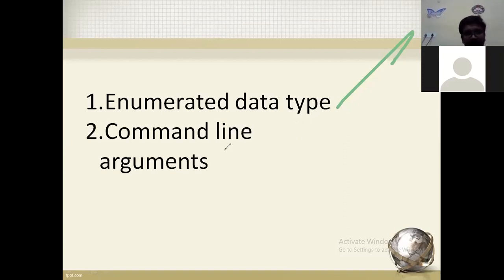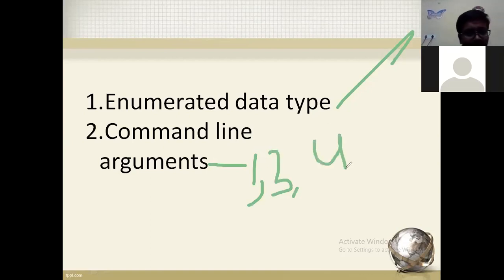It is a big concept compared to enumerated data type. Command line argument is a very big concept. Okay, the command line argument we can find in the first unit, the third unit, and the fourth unit. In three units, we can find the command line arguments. But why have I not explained the command line arguments in the first unit?